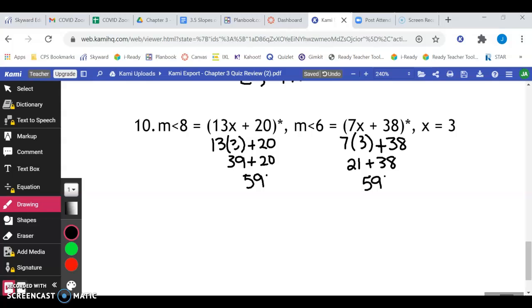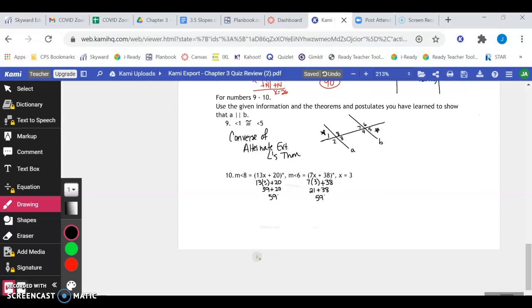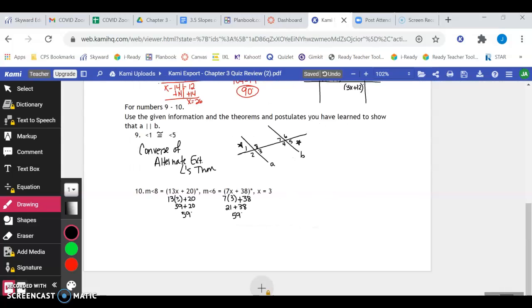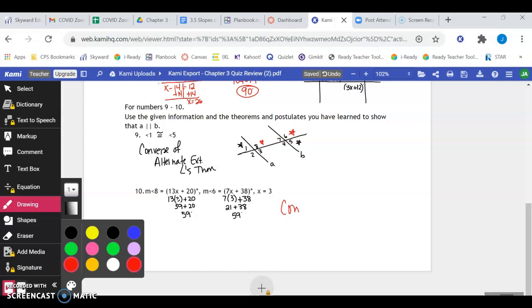So we are showing that these two angles are the same measure. And if we look at the picture, angles 6 and 8, so here is 6, here is 8, those are corresponding angles because they're in the same spot, but on different pieces. So this is due to the fact of the converse of corresponding angles postulate,